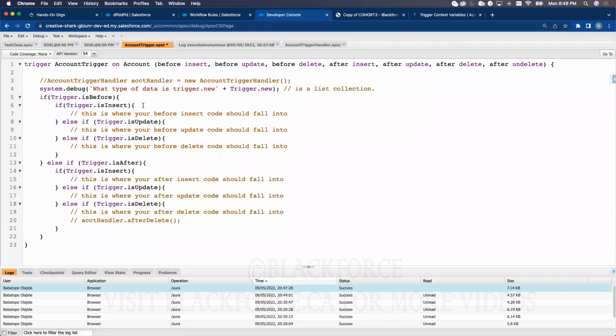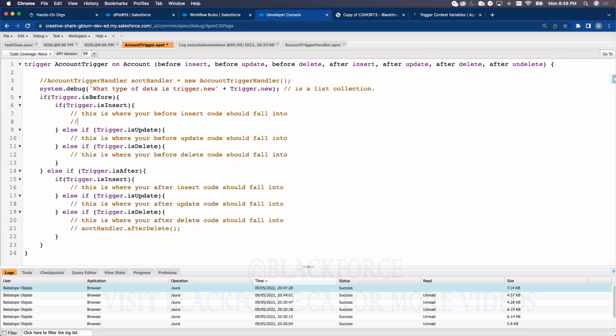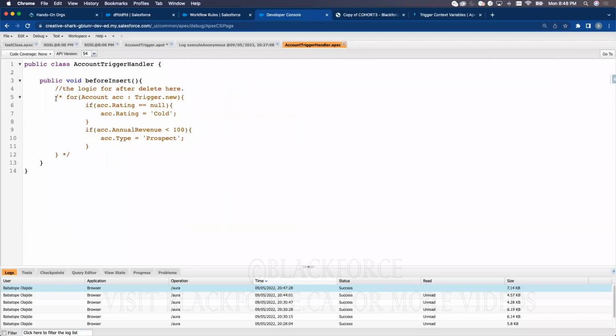So what does that mean? It means that if I want to pass trigger.new into a method, what type of data type would I pass? I'm expecting it to have a list, okay? I'm expecting to have account list because the input should be account list. Okay, so this is perfect. Account list should be list, account